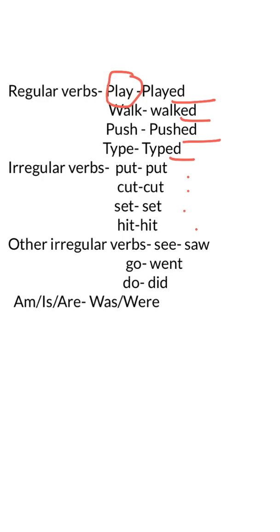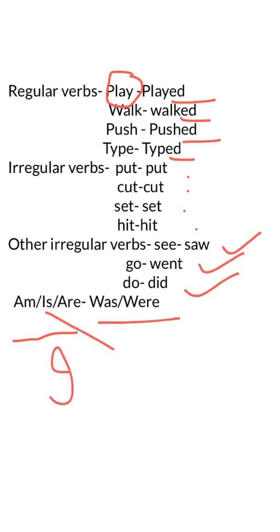So these verb forms, the simple past forms, are more erratic. Now you see, see has become saw, go has become went, do has become did in past tense, and am, is, are, all these will become either was or were. Now you know that am you always use with I, and is with